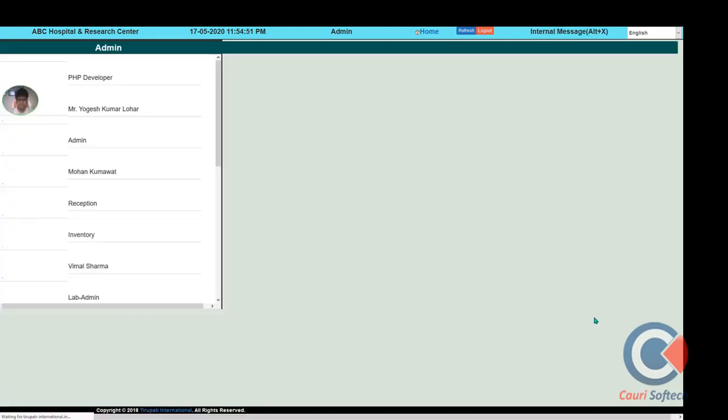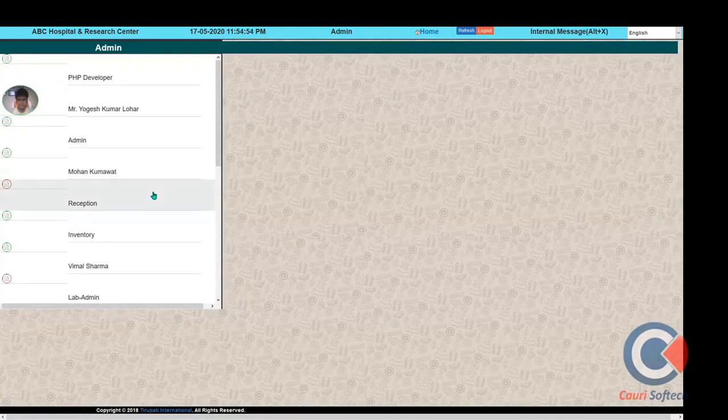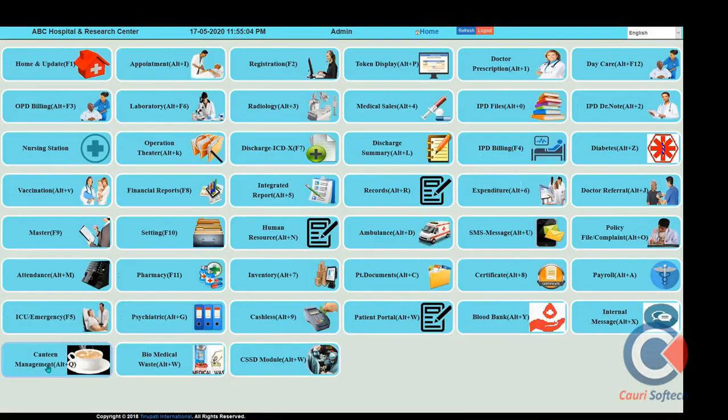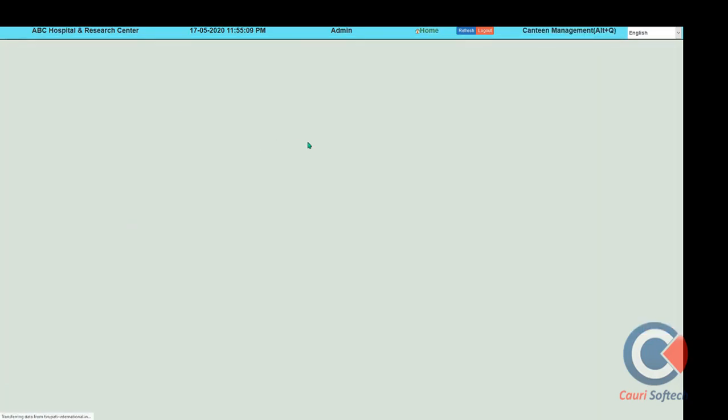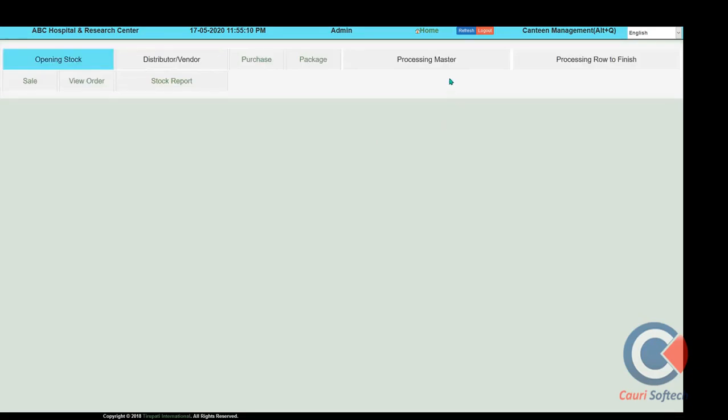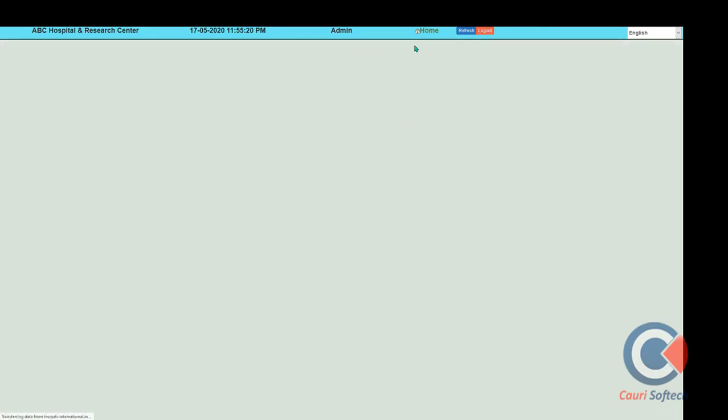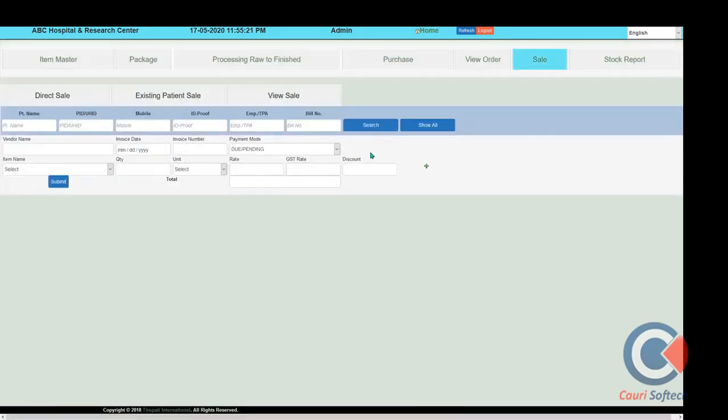This module is useful for all hospital staff like doctors and nurses to get and supply information to each other related to patients or any other communication, and file transfer from one counter to another counter. The canteen management system covers hospital-related canteen, food entry, water supply, and all the consumable products and services, and diet plans can be supplied to the various patients. The canteen management module will be very helpful for hospital services.